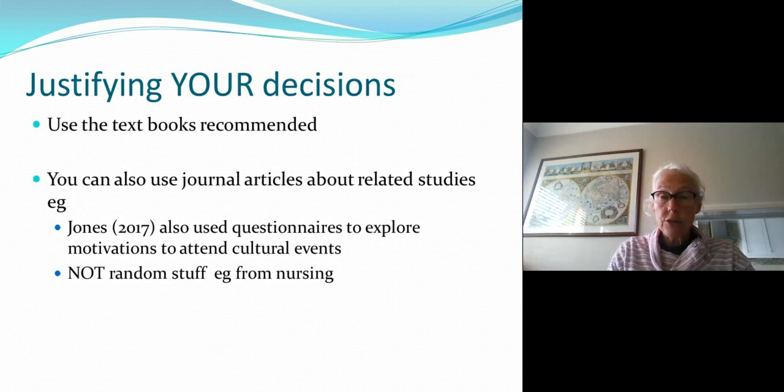So, you need to justify your decisions, and I suggest you use the textbooks recommended. You don't have to go and look at other things that are more dense or complicated. Just use the textbooks that I've suggested, and they will be the most helpful thing you can use to justify your decisions. Other things you can use are journal articles from related studies. For instance, I've got an example there that Jones, 2017, also used questionnaires to explore motivations to attend cultural events. So that could be part of your justification for adopting questionnaires in a study on motivations to attend cultural